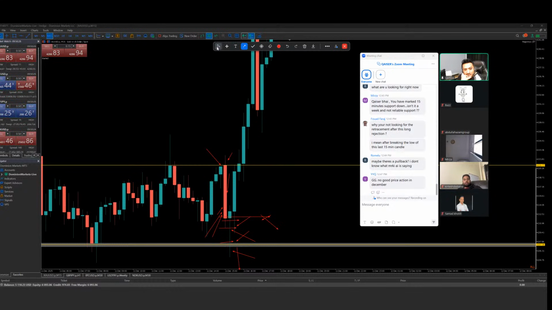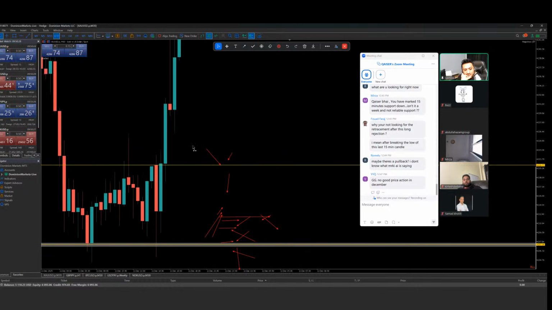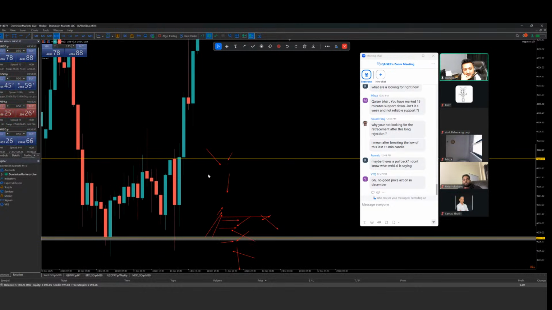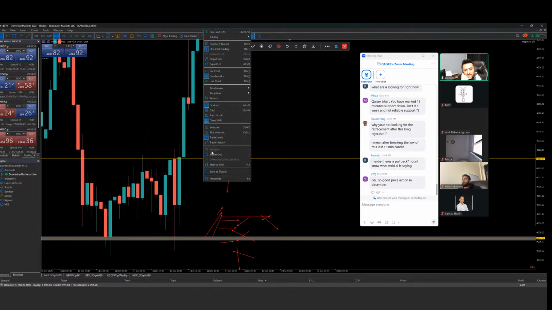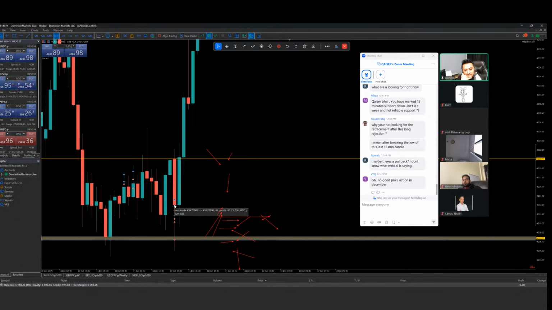If you want to see this one, let me show you where it is. Yeah, here is the position. Look at this one. This 30-minute candle looks like this. It broke the low, one lot, two lots, then I managed the risk and closed everything. This is the true trade which I took during the live stream.